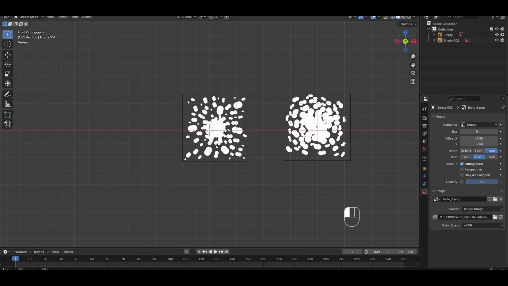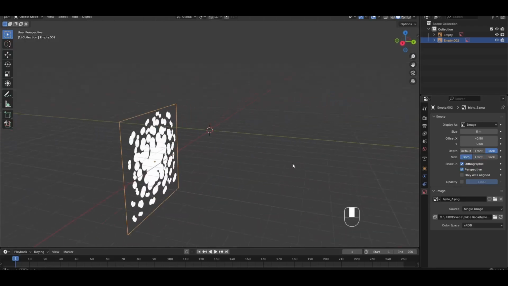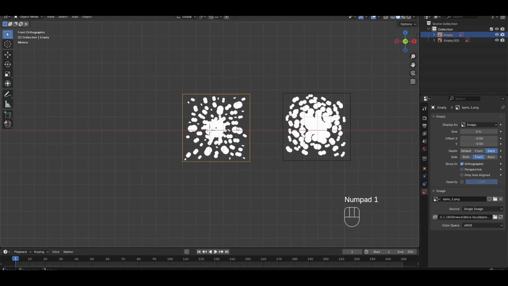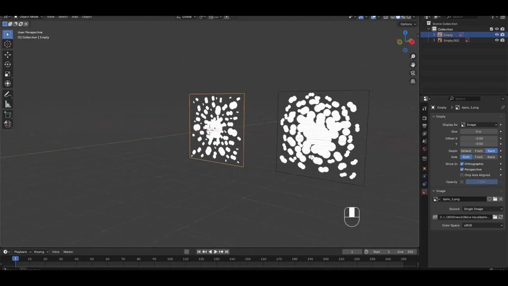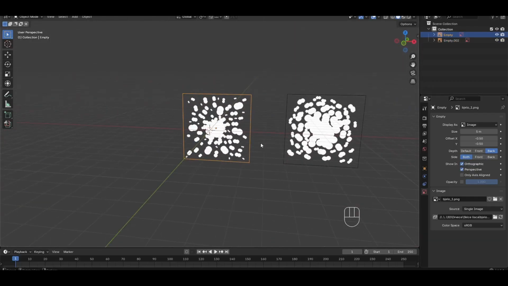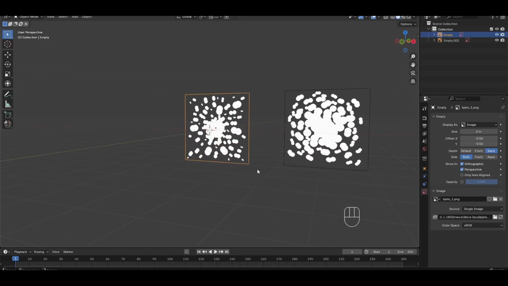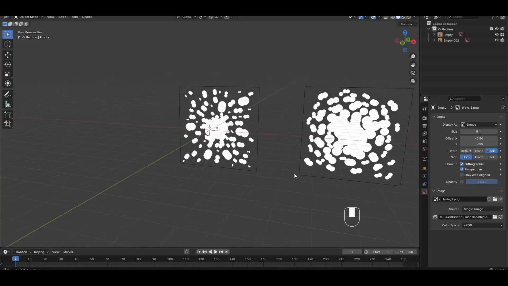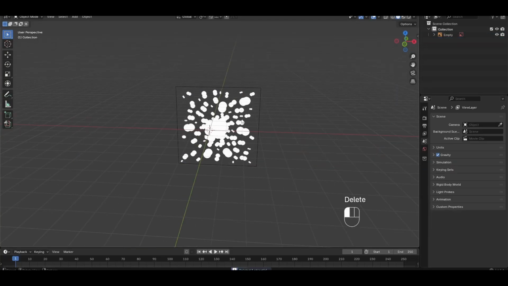When you click on images, go in image data, perspective, and both, then you can see the image. You want to make these images white, and we will put these images on a plane and turn on alpha, and they will be leaves. And later in Godot, because they are white, you can change the color in materials to have different colors of trees. Now I will delete these 2 images,